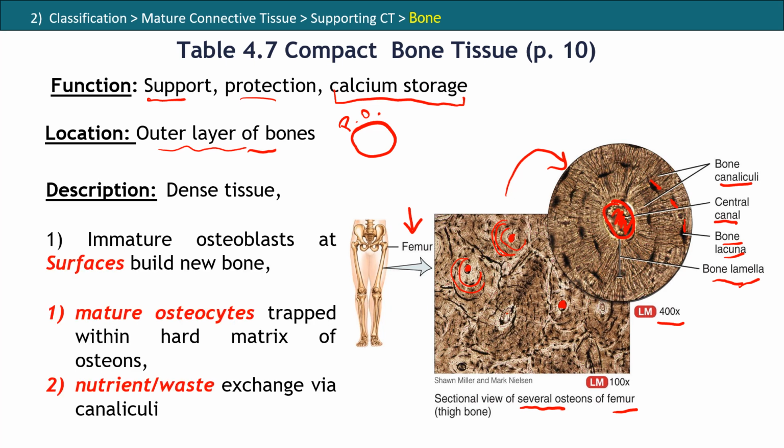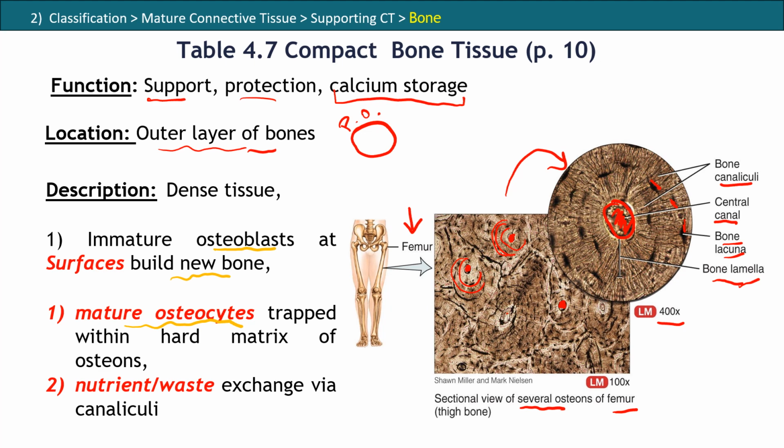Now, more features of these compact bones are that they are dense tissues, as you can see. They have a lot of structures in a very small region, there is no space between them, and you have two types of cells. If you remember the osteocytes and the osteoblasts, the osteoblasts will be on the surface where it's required to build new bone, and we will talk about that in more detail in future classes. And on the other hand, you find mature osteocytes, so the adult